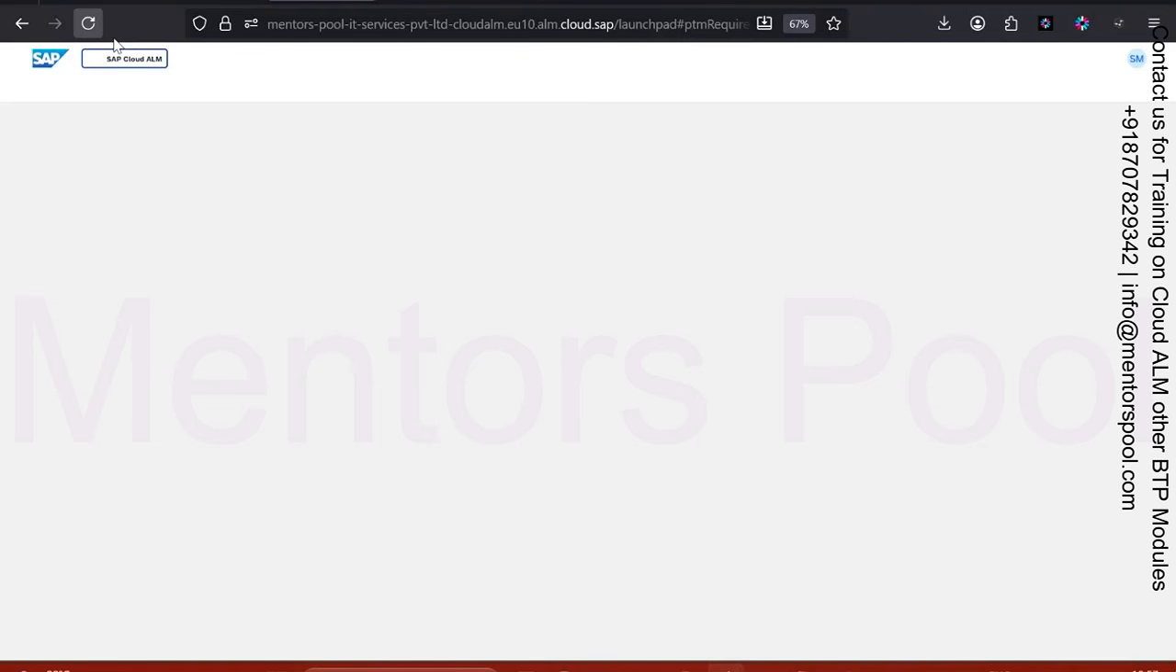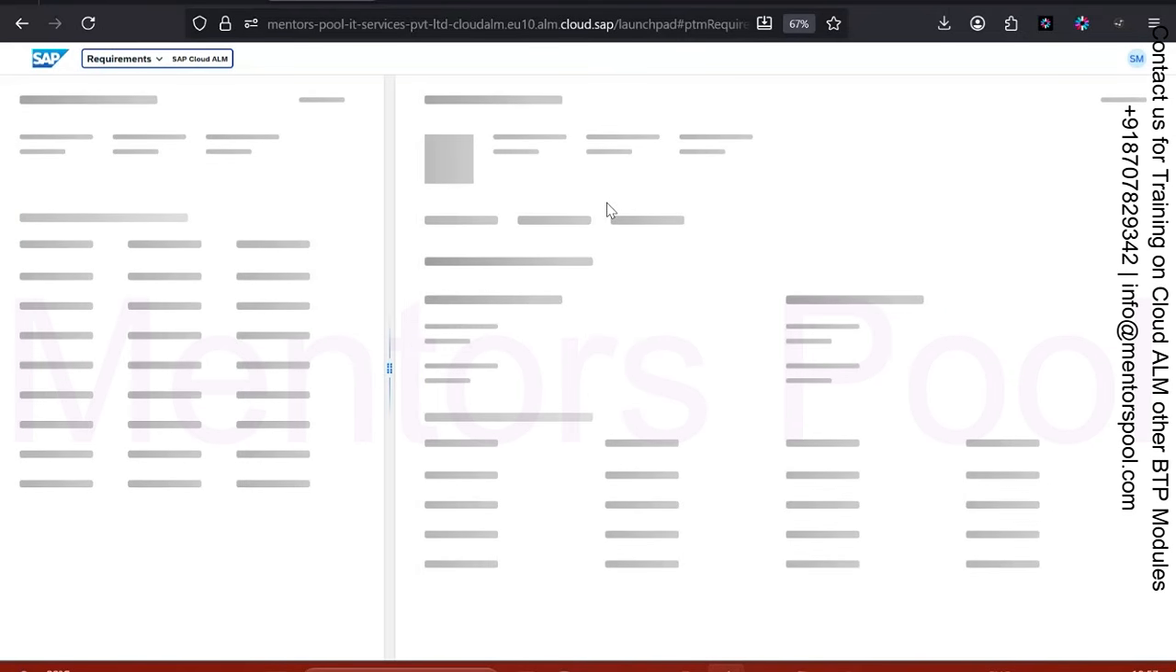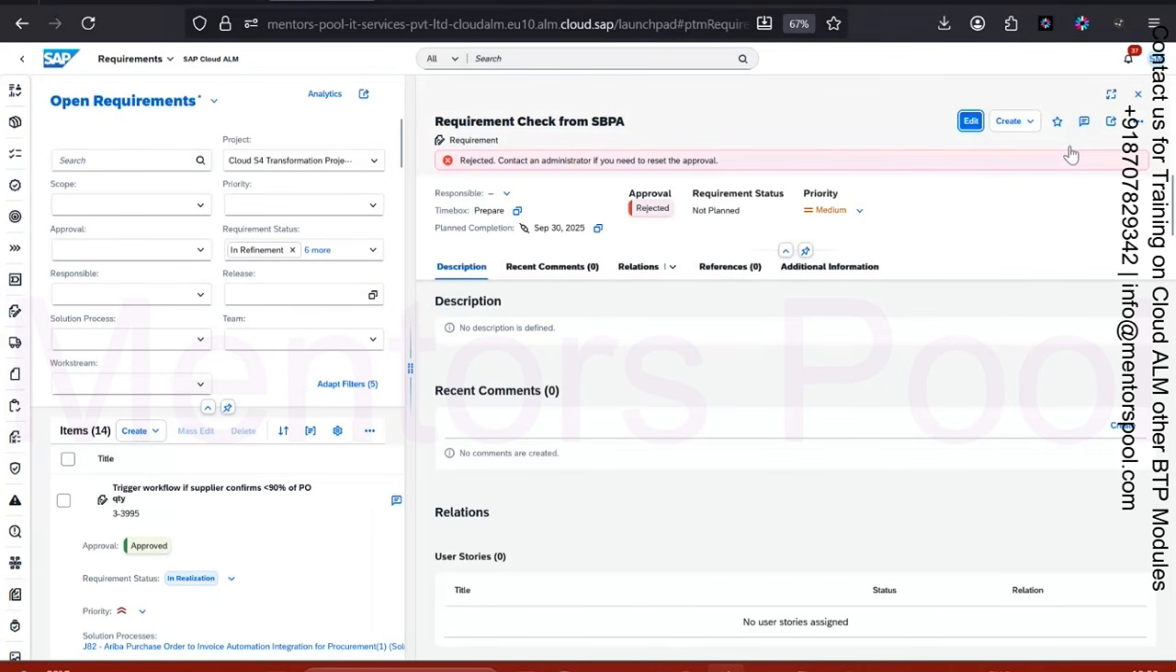So guys, we were moving between business process automation and the Cloud ALM screen. If you see here, it got rejected automatically. I didn't do anything. As proof, let me show you. If you see here, if I go to history,